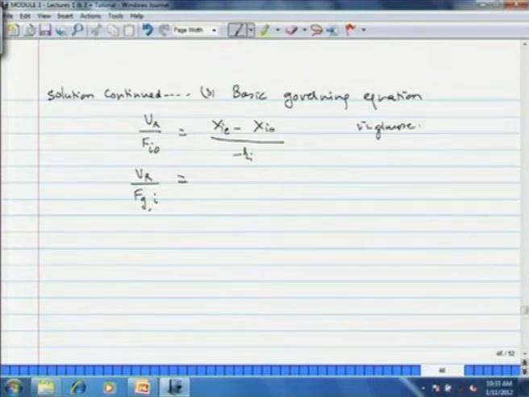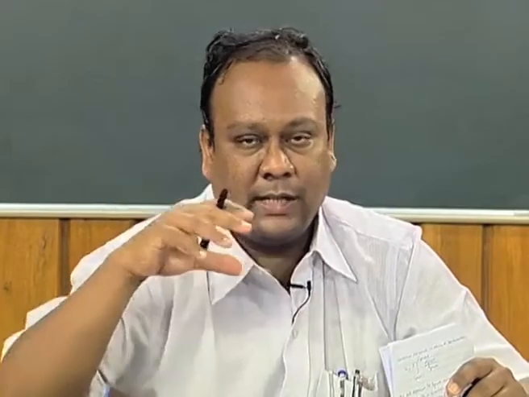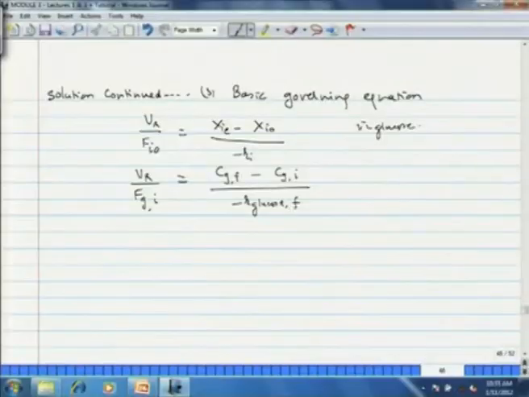VR, the volume of the reactor, divided by Fg initial into Cg. Here equilibrium is the final concentration, initial is i, Cgi divided by minus R glucose. Now here we have to estimate the rate of glucose conversion on the basis of final concentration. Remember, in a CSTR everything is mixed, so we can estimate the rate of reaction inside the reactor based on the outlet concentration of the glucose, because everything is mixed, so concentration is uniform. So here we estimate the rate of glucose conversion on the basis of final concentration of glucose.